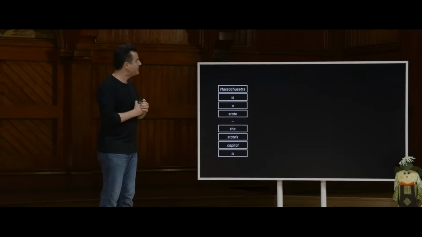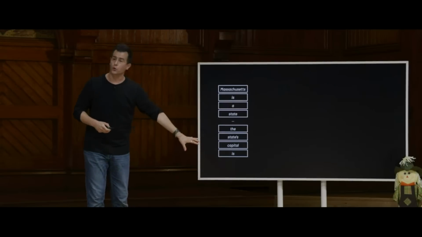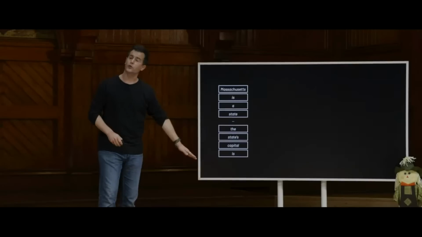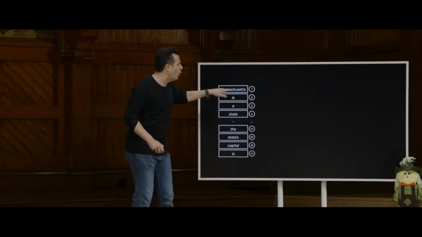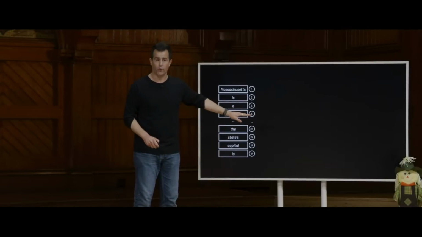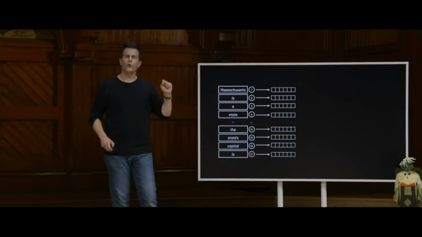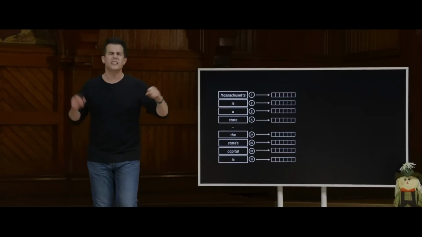What's going on underneath the hood, without escalating things too quickly, is that what these large language models in artificial intelligence nowadays might do is sort of break down the user's input, your input into ChatGPT, into the individual words. We might then take into account the order of those words. Massachusetts is first, is last.